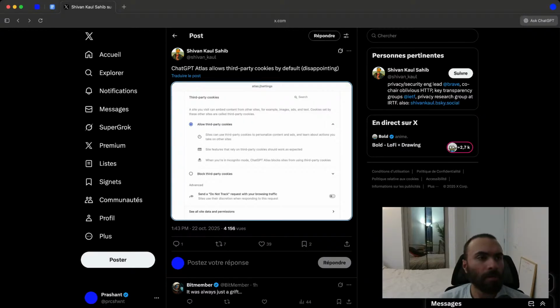Oh, very interesting. So if we go to settings, third-party cookies. Allow your content to be used to train our models, which makes ChatGPT better for you and everyone who uses it.